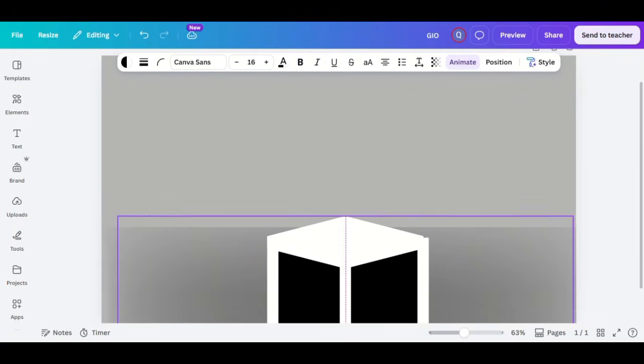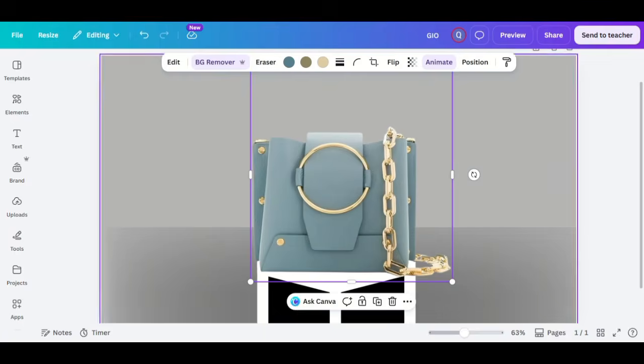Use Canva's Elements tab to add elegant icons, decorative shapes, or subtle fashion